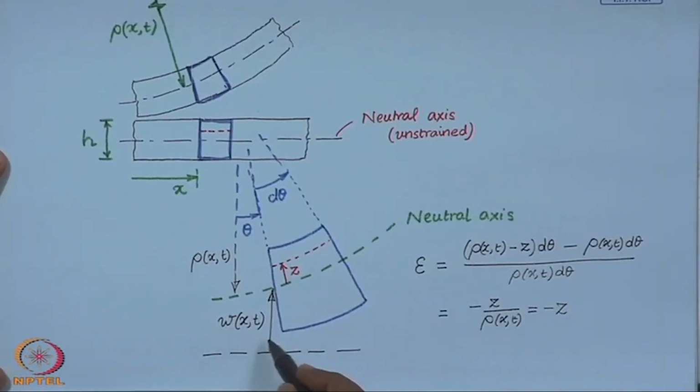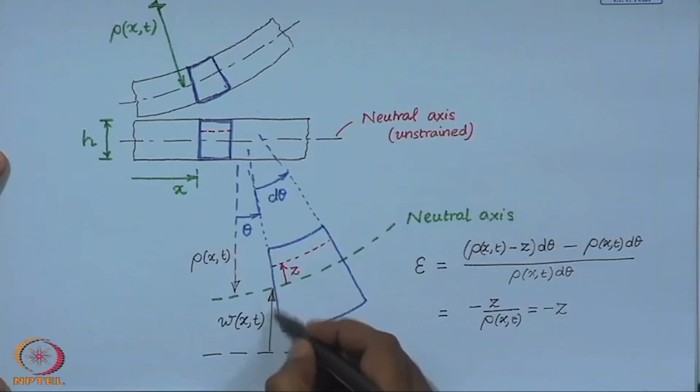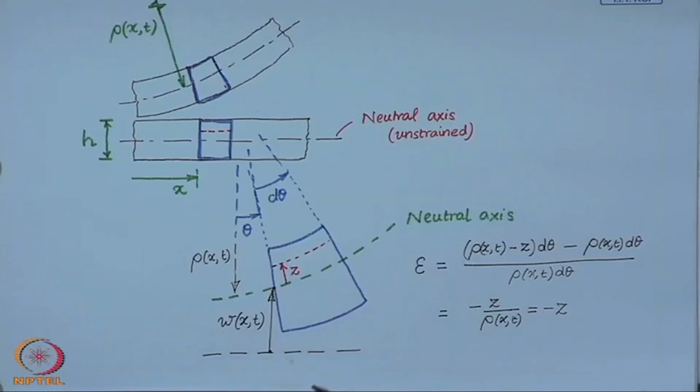So, W(x,t) is the displacement of this point from the undeformed configuration. So, the equation of this curve is given by W(x,t) at any time t. So, in terms of the equation of this curve, the curvature, as you know, can be written as the double